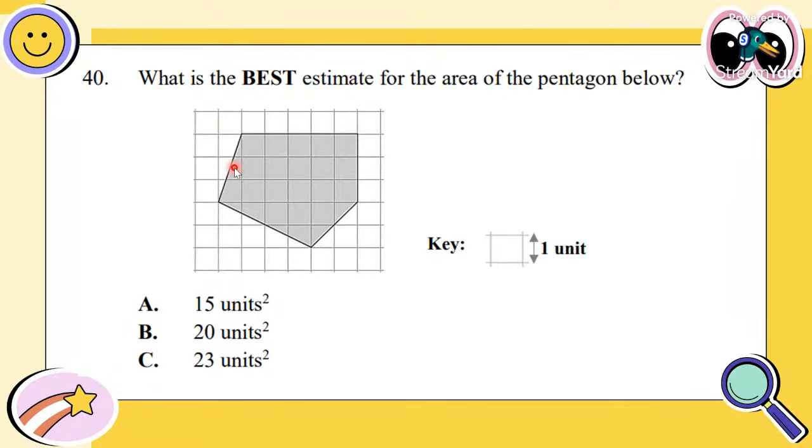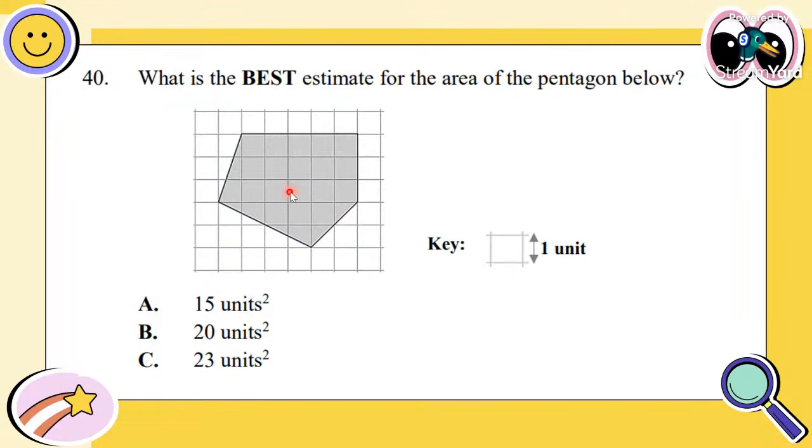So let me make this simpler instead of using more than one term together. See the shape? The space inside is the area. Yes, KD. The space inside is the area. So the distance around is the perimeter, but the space inside is the area. How do we think about the best estimate for the area inside?